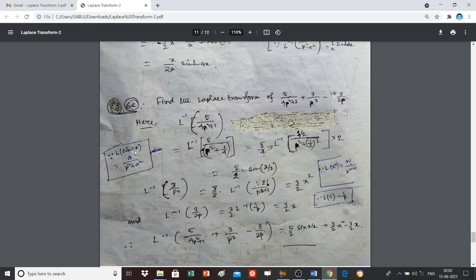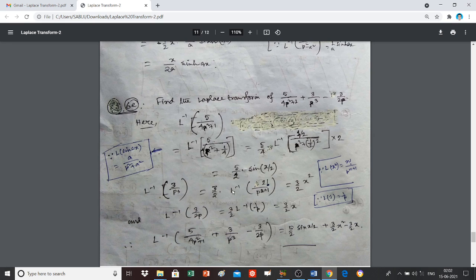the Laplace transform of sin ax is a by (p square plus a square). In this case your a is half. So the Laplace inverse transform of this will give you sin half x, that is sin x by 2, and further L inverse of 3 by p cube, that is equal to 3 by 2,